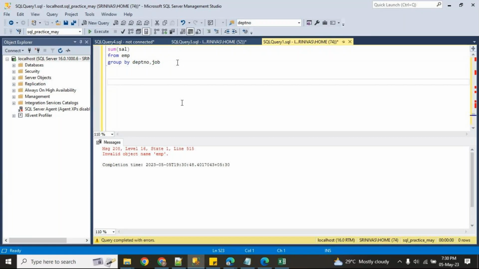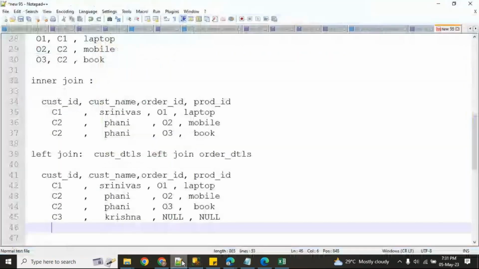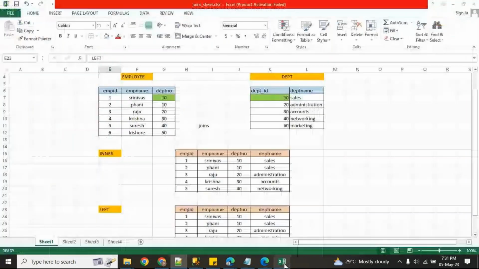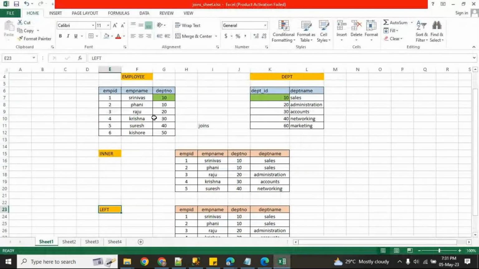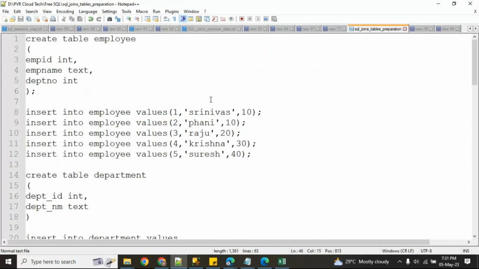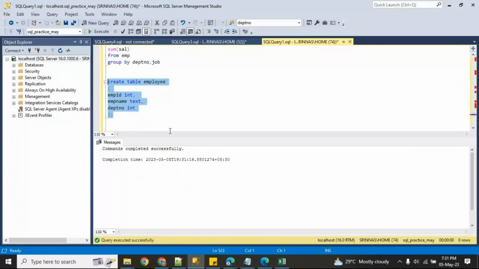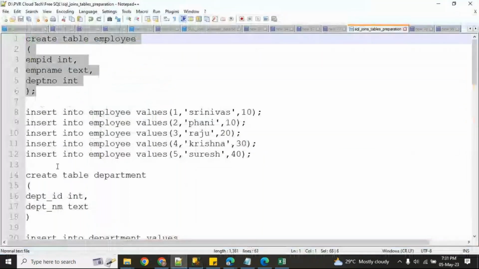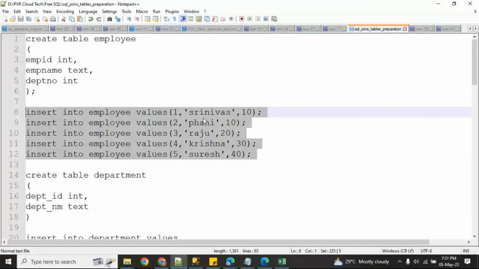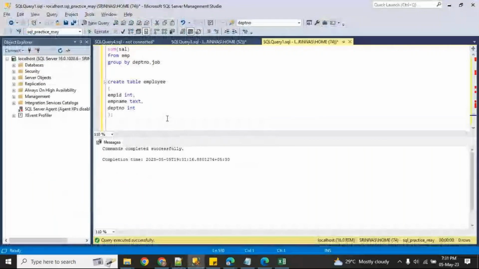I prepared the data, whatever data we have, already for this one. I am inserting the data here. I will provide this data set to you guys.